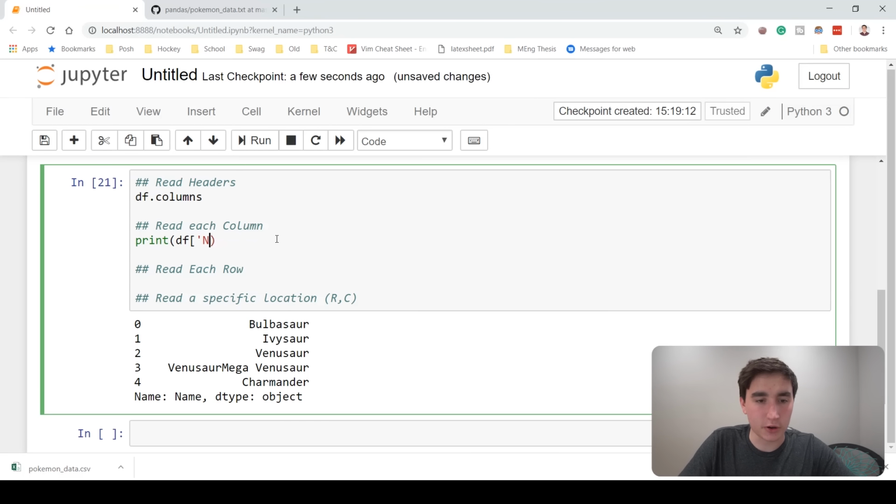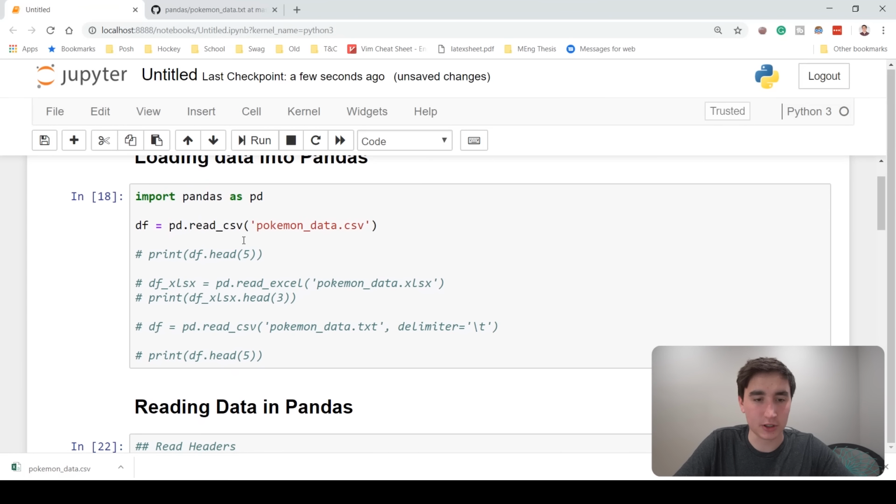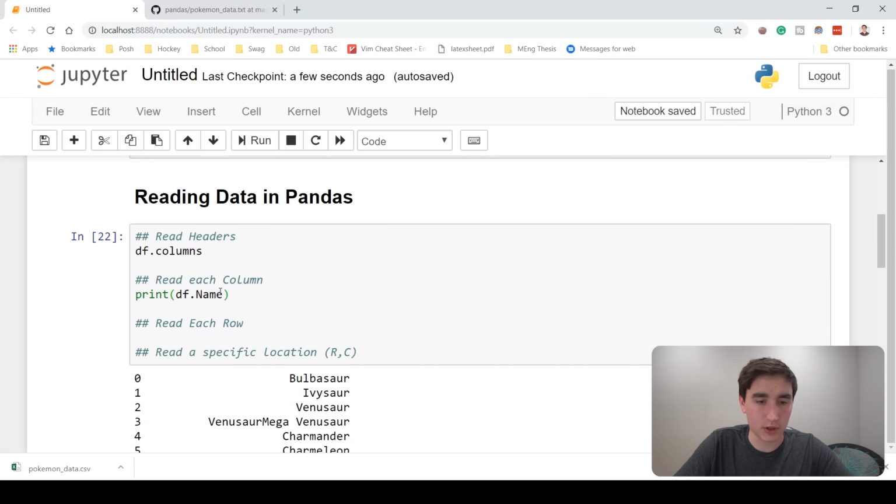One thing that's interesting, you could also do df.name like this. This doesn't really work for 2-word names, but you could also get the names like that. I usually just do it more in the